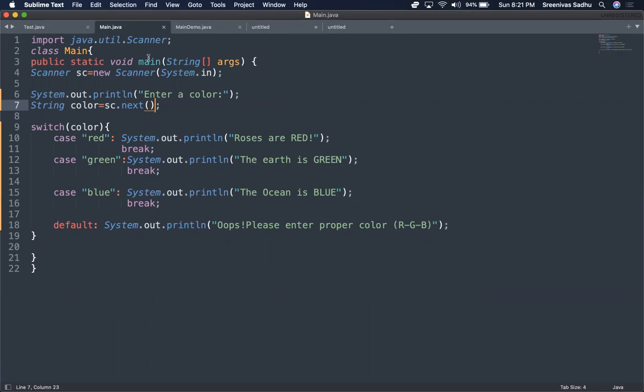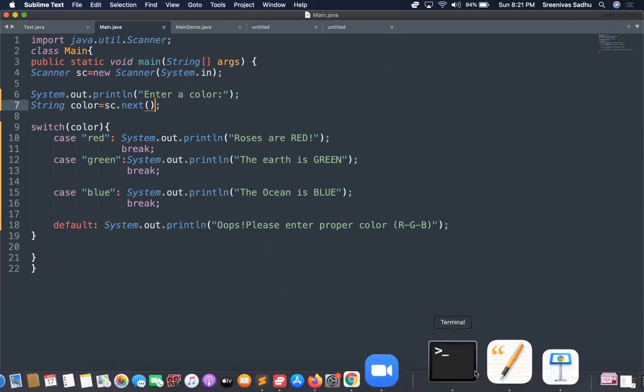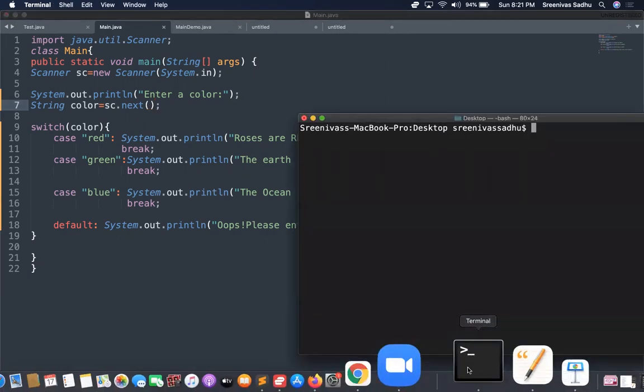So I'm reading a string and switching on that string, and the 3 strings I'm verifying are red, green, blue. And if none of these colors is entered, oops, please enter a proper color. Like that, the statement is going to be displayed on the monitor. Let's save this and run and try to understand.